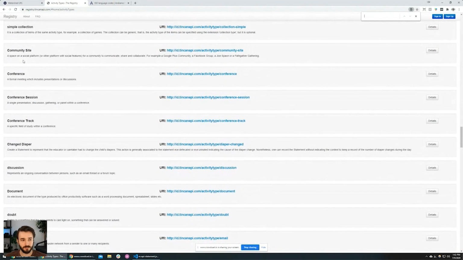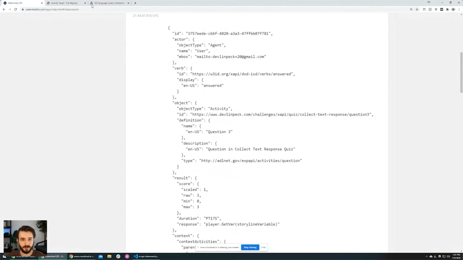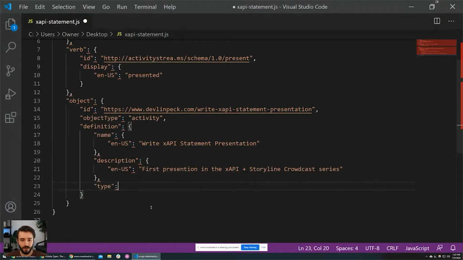So I mean, this is what I would do. I would Control-Find for the words I think they would use, but then I would still want to look. I mean, a conference session: a single presentation, discussion, gathering, or panel within a conference. So this wouldn't exactly be that because this isn't really a conference, so I wouldn't want to use that. But you get the idea. If there isn't one already defined, you can create your own. So this would be